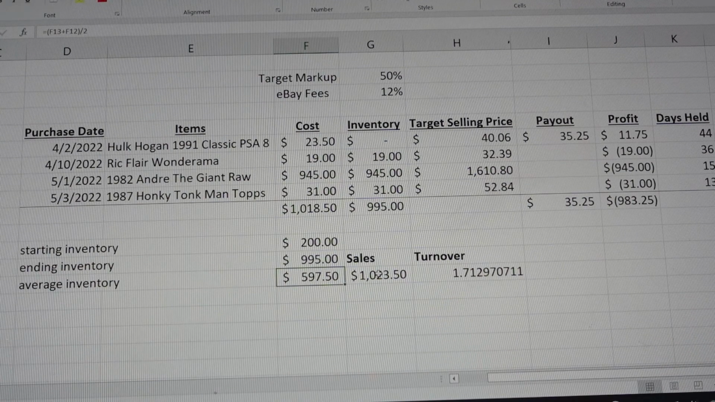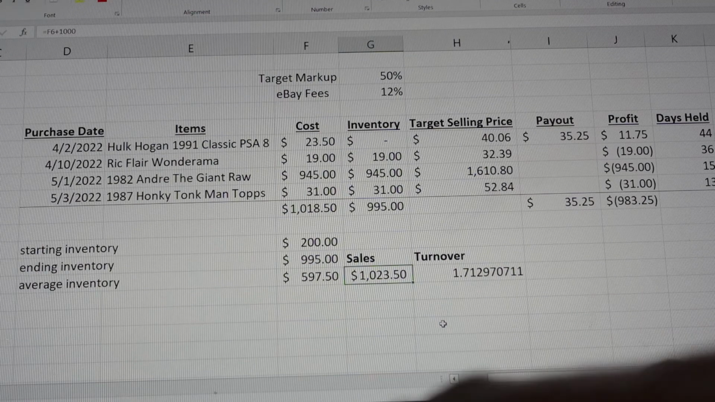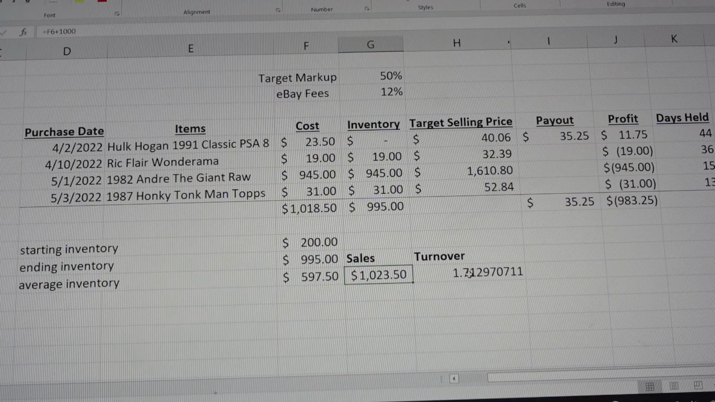During that same period, you sold $1,023.50 worth, and that's at cost, remember. So that means you turned that capital expenditure 1.7 times, approximately, during that period. Is that good? Is that bad? That's up to you. But I think that that's probably not a bad metric. So that means that if you wanted to spend $500, then that $500 would turn over 1.7 times during that